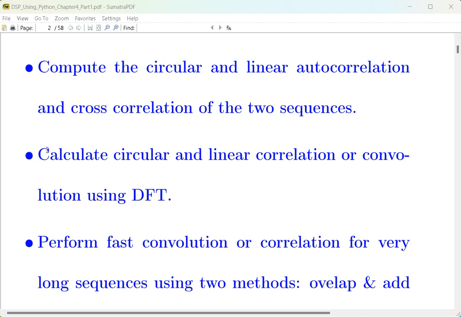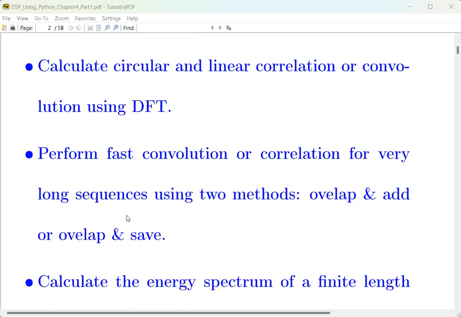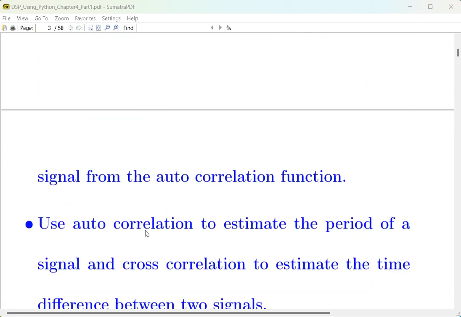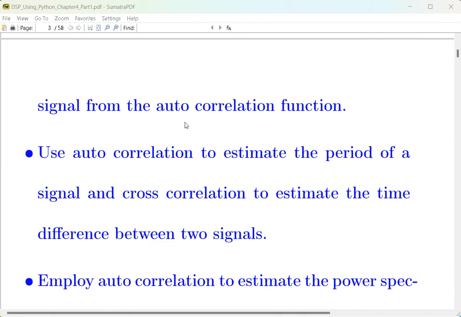the two sequences, compute or calculate circular and linear correlation or convolution using DFT, and perform fast convolution or correlation for very long sequences using two methods, overlap and add and overlap and save, and calculate the energy spectrum of a finite length signal from the oscillation function, and moreover use autocorrelation to estimate